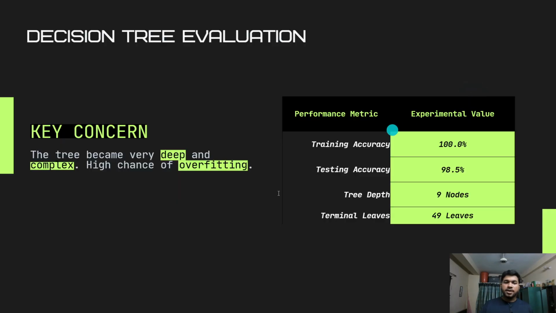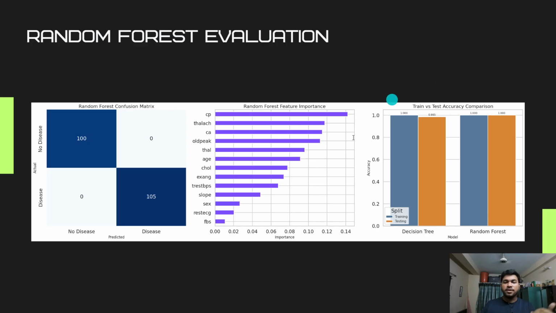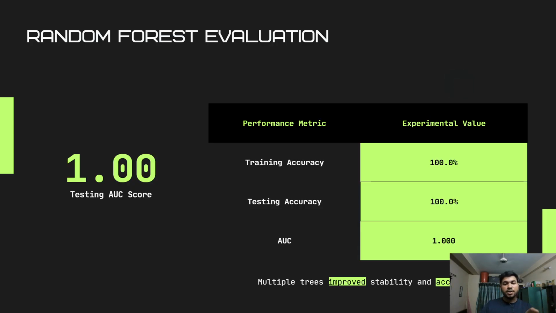So let's look at the random forest model. The decision tree becomes very complex, with a high chance of overfitting. Now, random forest is an ensemble learning method that combines many decision trees together. Each tree is trained on random subsets of data and random subsets of features. The final prediction is made using majority voting. The random forest achieved 100% training accuracy and also 100% testing accuracy. The feature importance graph shows that